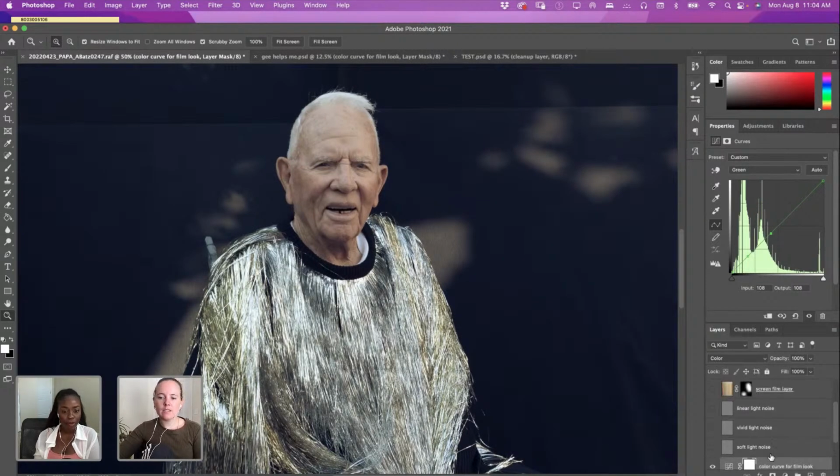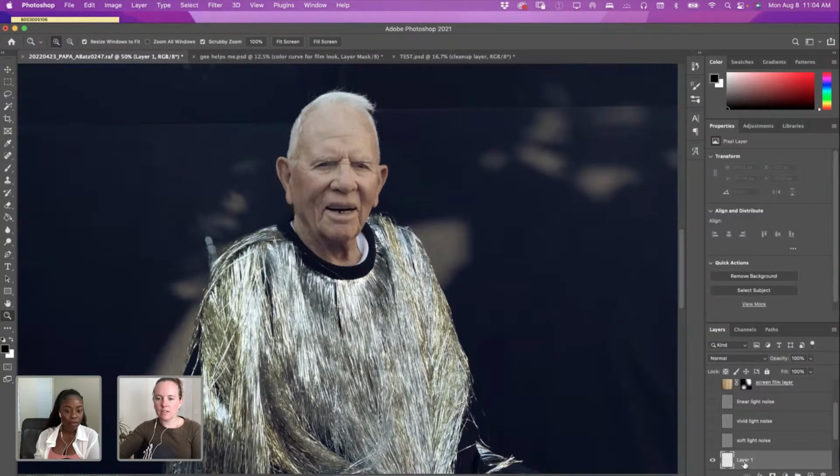The reason is, a film photo doesn't have one kind of grain, it has multiple. So this was my solve for how to add a little bit of nuance to it, so that it's not uniform and just one thing, and you can really tell. A film photo just has a little bit more character. So we were able to do that. And the way that I did that, and we can turn these on after I show you one, is I'm going to make